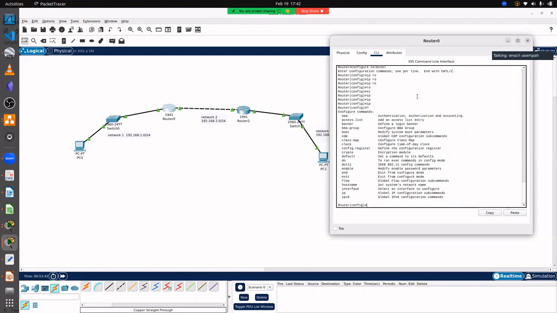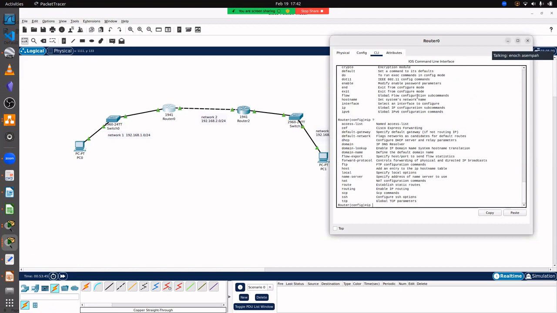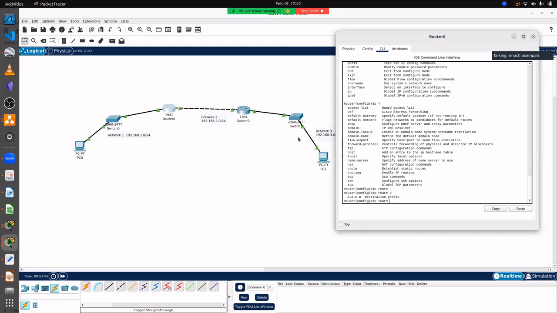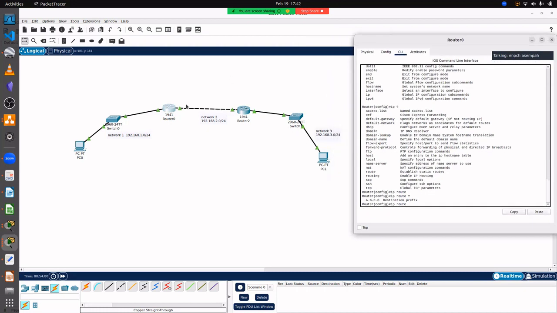Okay, so Control C, so we have IP route. So your destination, so we are saying we want a destination, and now this is our destination. This network is where we want to go to. We want our router, this router, to know how to get to this network. So we come